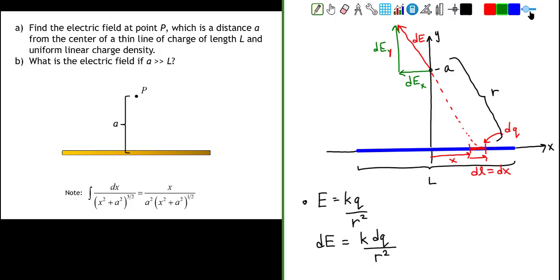Now you might be wondering, well, why do we need the components when we already have the formula for the magnitude of the electric field due to that charge? Well, one, we need the components because the electric field is a vector. We're going to want to know not only its magnitude, but we want to know its direction. And also because our problem says find the electric field for that line, not for the representative charge. In fact, we're going to take that representative charge and we're going to have to add up all of the tiny pieces along the x-axis.